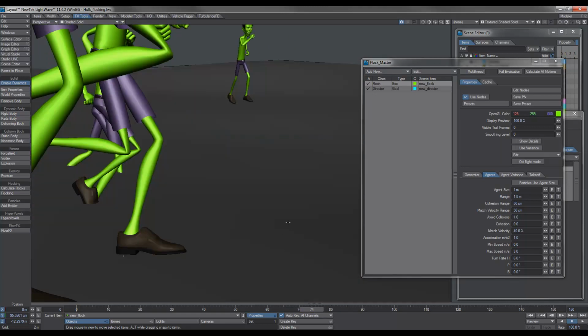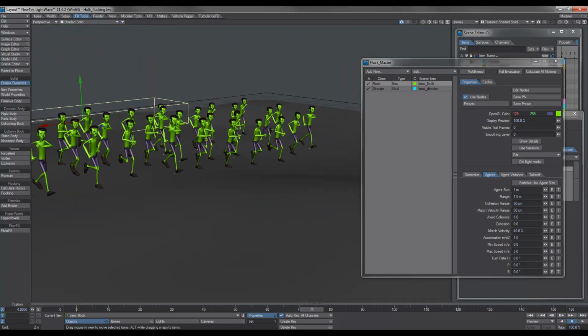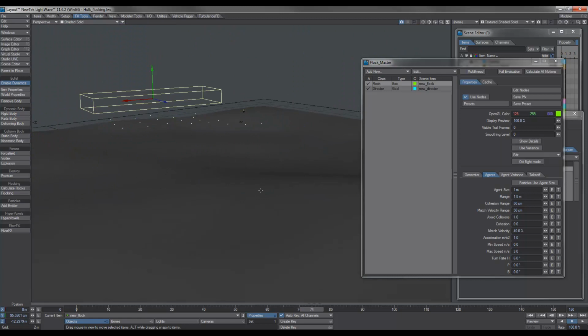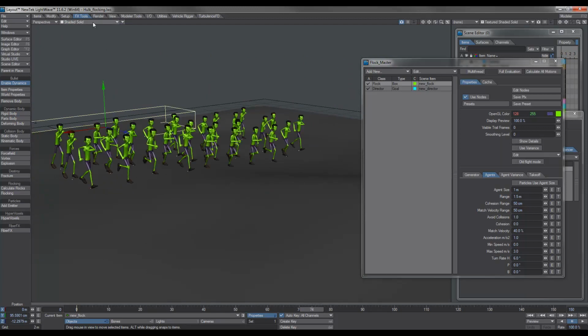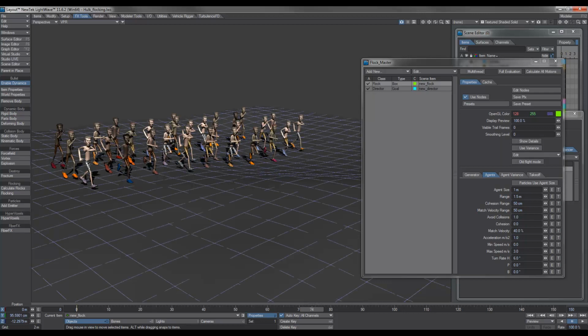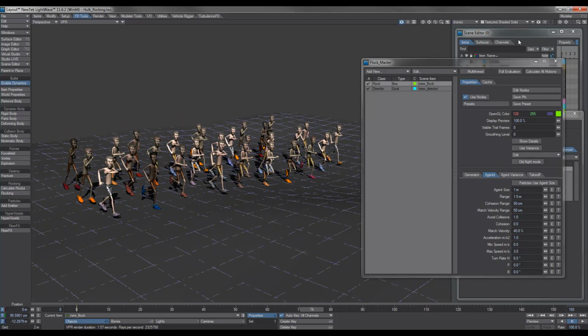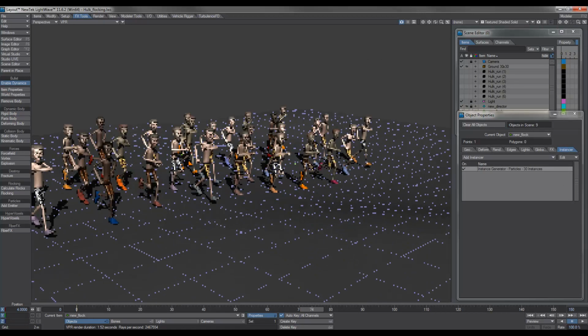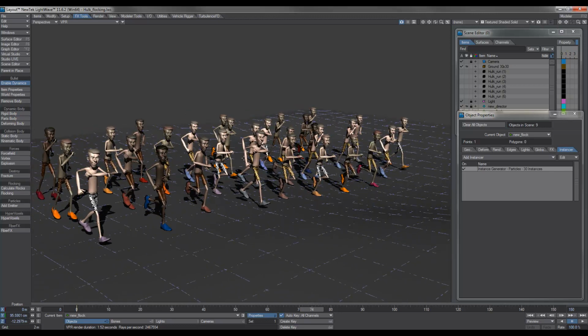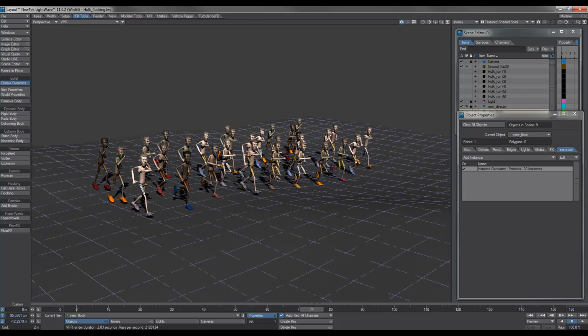So there we have our crowd set up using the flocking with the Raycast node and some color variations on a more realistic example. An example of how you may use it in the real world with an army of characters or some animals